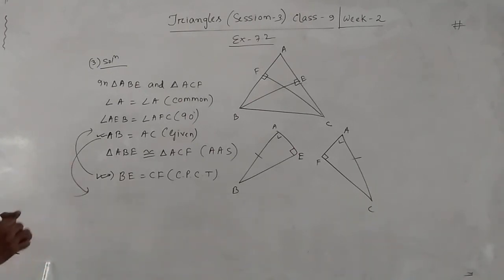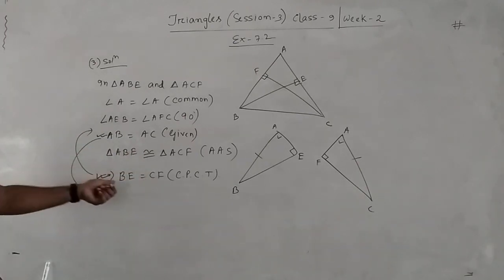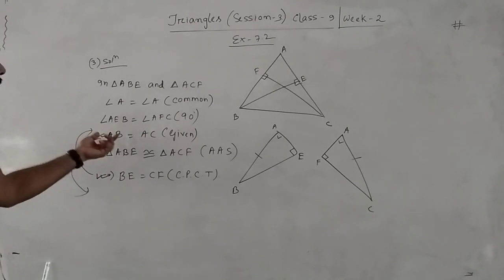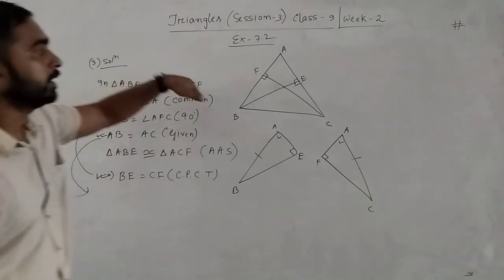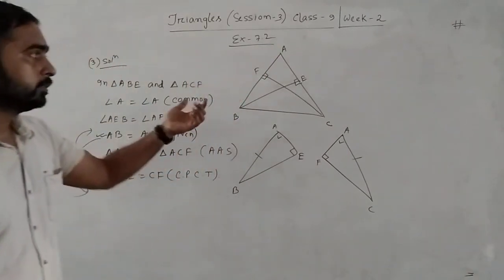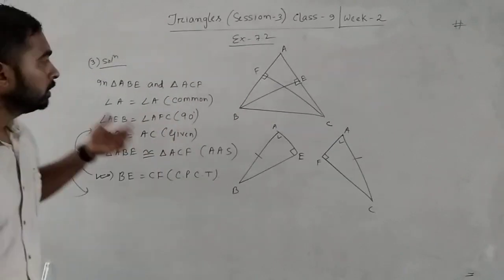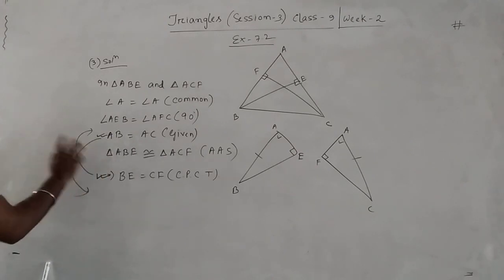In question number 3 the sides are equal, given, AB equal to AC, and in question number 4 the altitudes are equal, meaning BE equals CF, given. We have to prove that the sides, AB and AC, are equal, because we have to prove that triangle ABC is isosceles. Isosceles means these two sides, AB and AC, are equal. So these are the changes in question number 4. This will go there and this will go there. Finished.